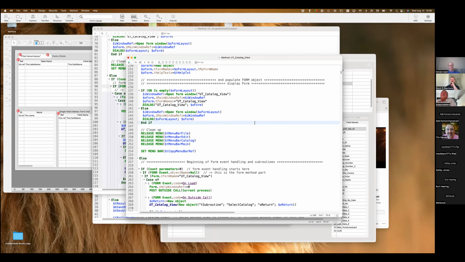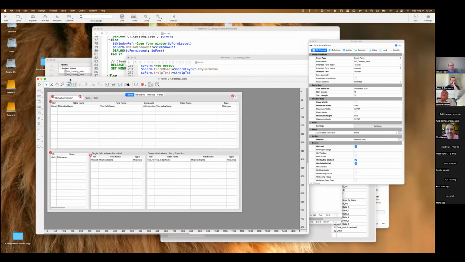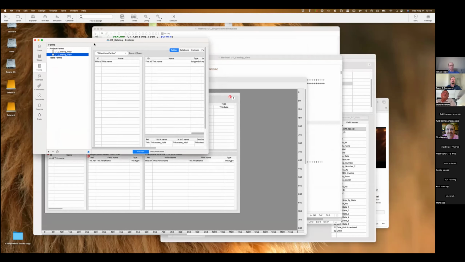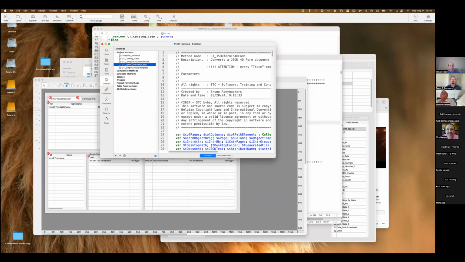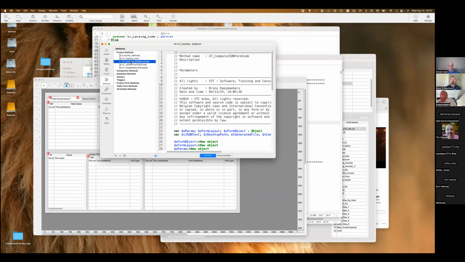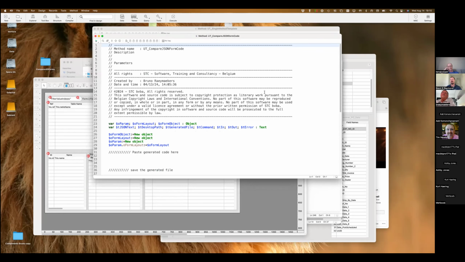Now, how can you see that the form that you generated is the same as the form that you wanted to show? That's another method that you can use for that. And this was more a test method for me to see if the code that I wrote to generate the code for the form was correct.